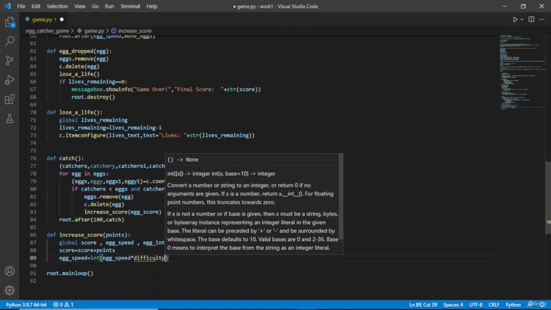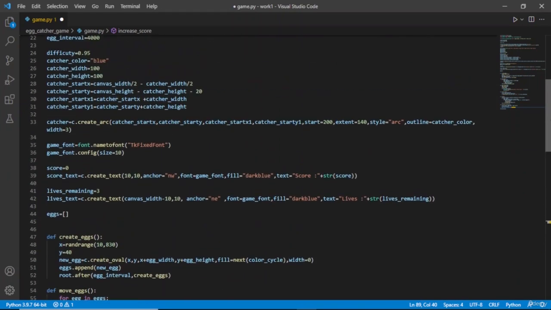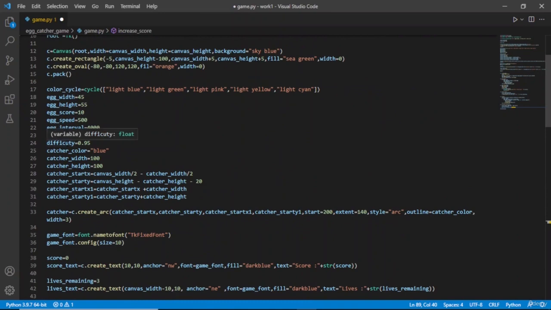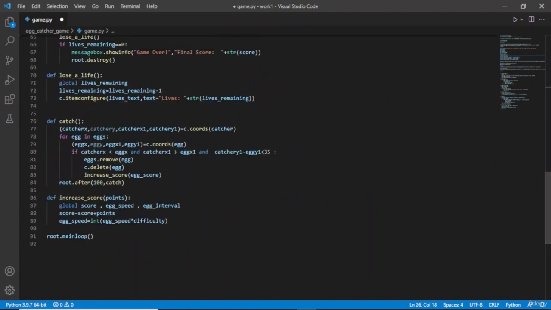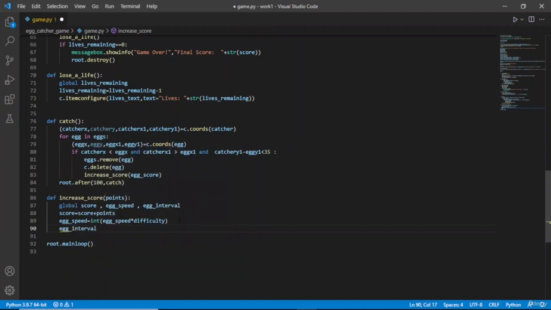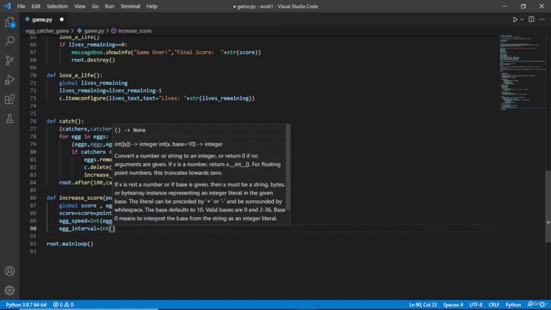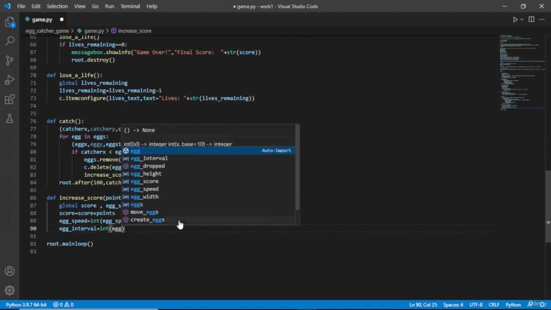So it's difficulty. Okay, so we need to update the difficulty here. It was 0.95. So our speed will be increased from the 0.95 from the previous speed according to the difficulty that we were using, and egg interval will also get affected with it. So what we are trying to do is change the current value of the speed and the interval to a new value. Every time our speed changes by some milliseconds, like from 4000 milliseconds it changes to 3800 milliseconds,